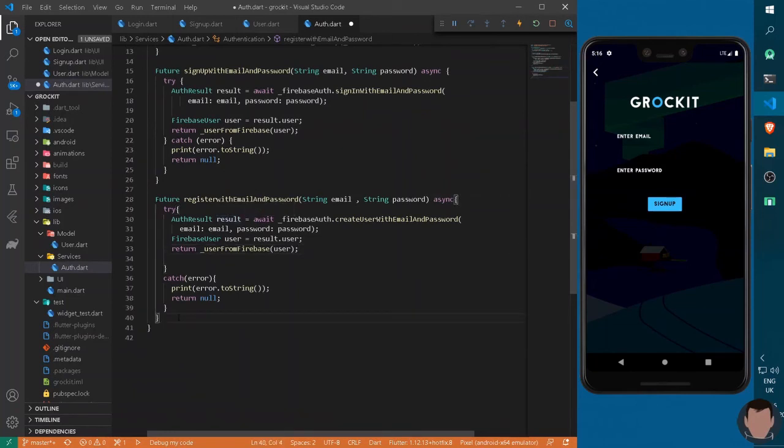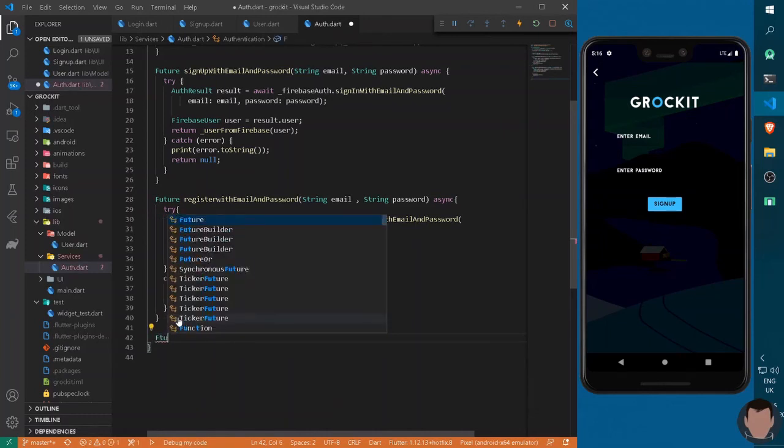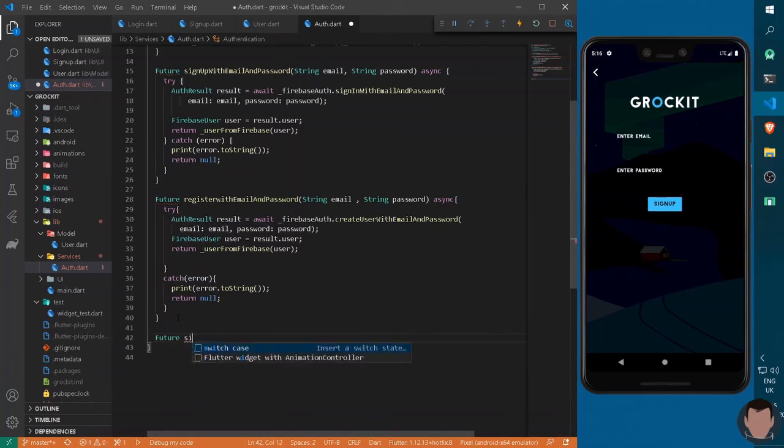Let's come out of it and create a new method for the sign out event of our user. So I can also declare a new Future here. Let's name it signOut from Firebase. Now it will not take any arguments, just an asynchronous method which is going to take a try catch block as well.